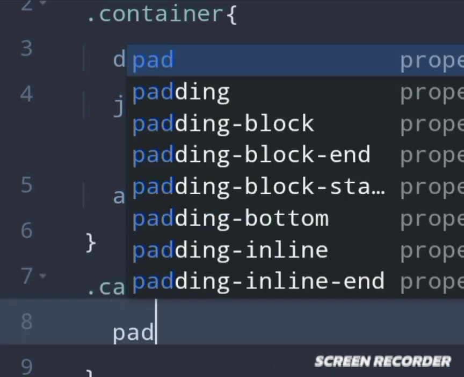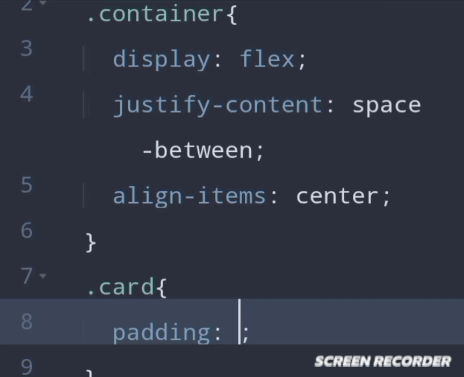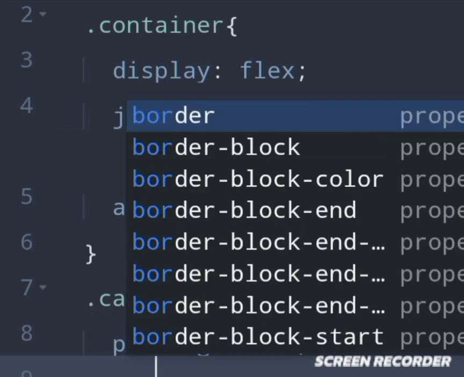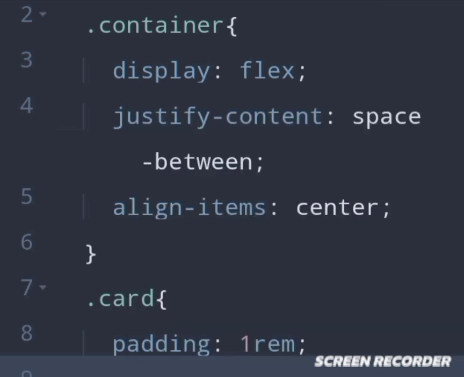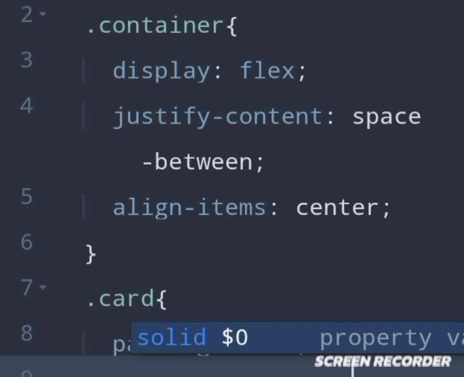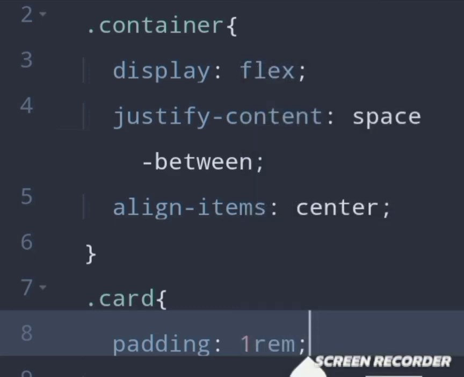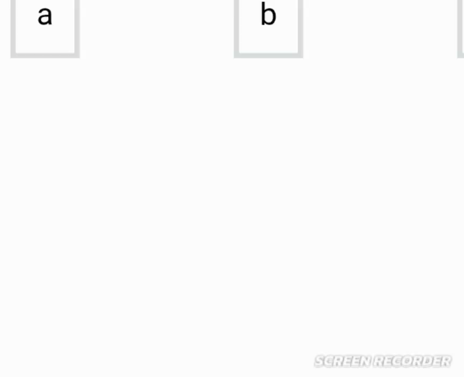So I will say padding, I will give it 1rem. Padding 1rem. I will give it a border of 4 pixels with a solid color, #DDD, and I save. Run my code. All right, so we can see this is how to simply style